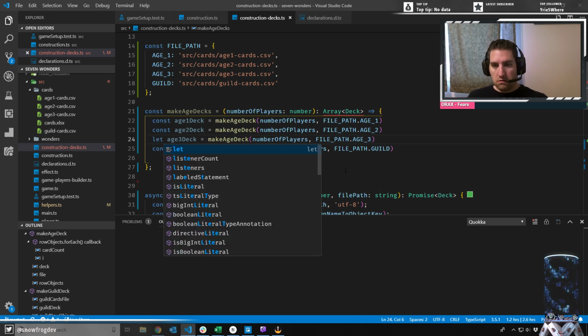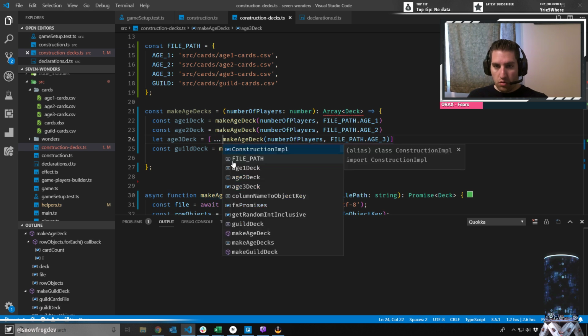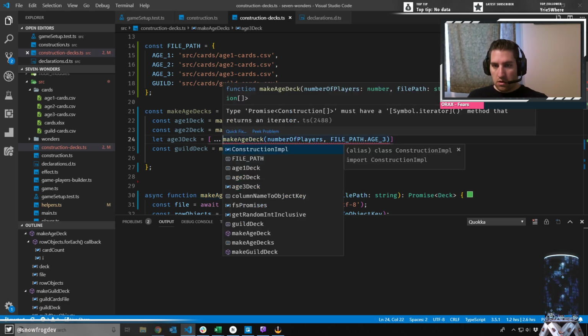That H3 deck equals make H deck. Actually, make H deck, boom boom boom. Oh right,